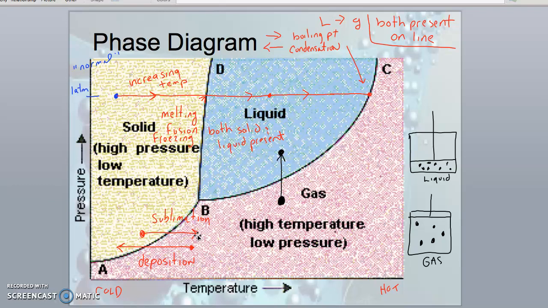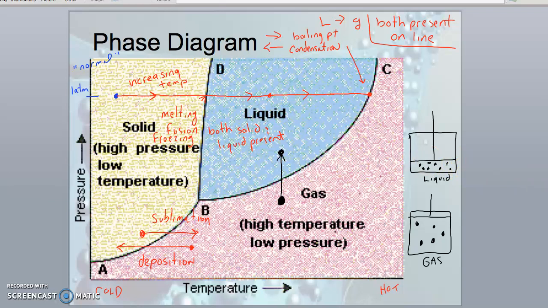Now remember I talked about the normal pressure? I usually try to find that whenever I see a phase diagram, and this one didn't have one, so I just wrote one in. I said 1 atmosphere, and I put it up here. For this example, this is my normal pressure. This is my melting point or my freezing point, depending on which way I'm going. I could just drop an arrow down and read the temperature, and this would be my boiling point here. That's basically the components of a phase diagram.